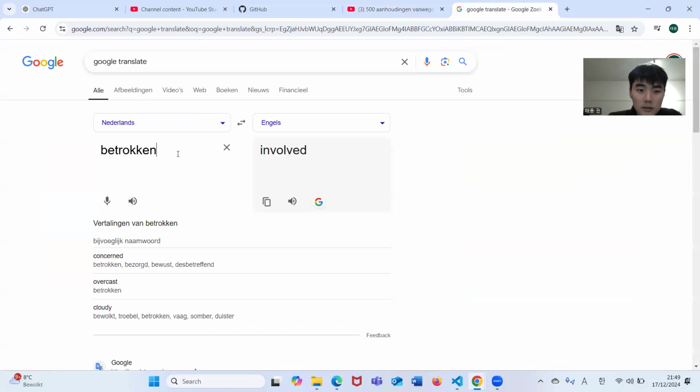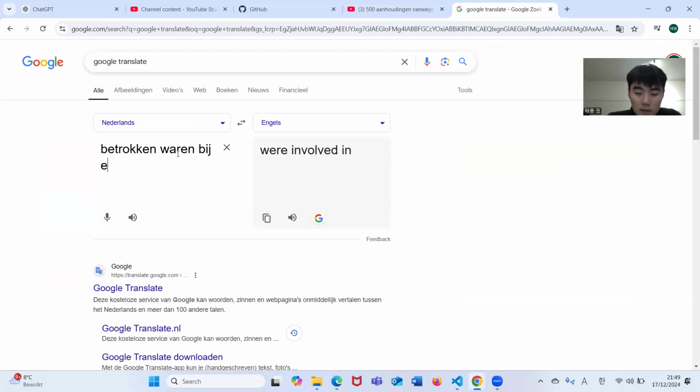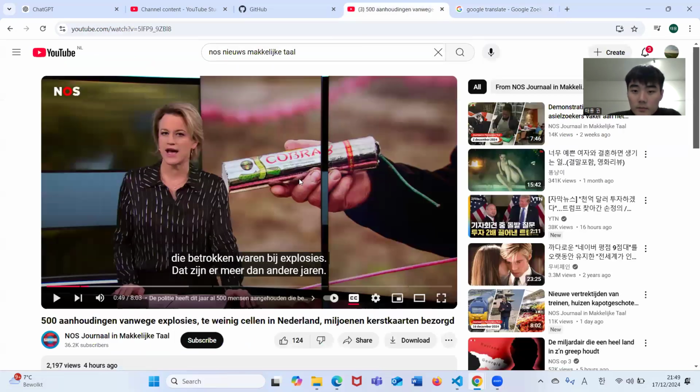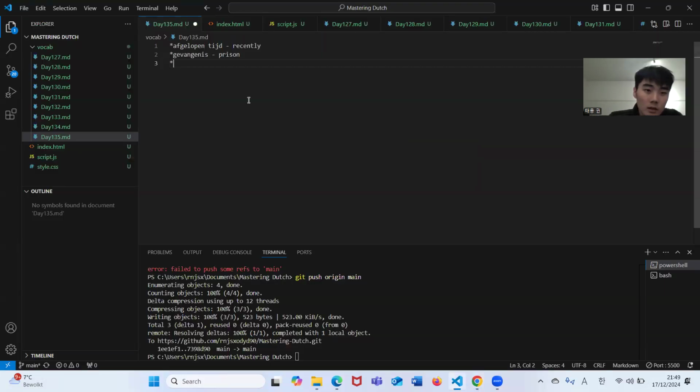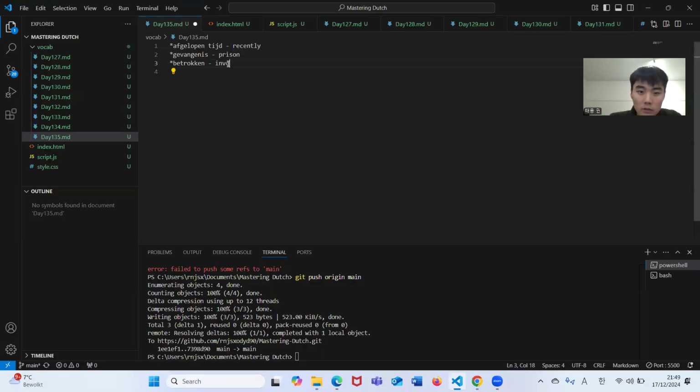Betrokken waren, who were involved in explosion. Die betrokken waren bij explosie. Betrokken, explosie. What did I write there? Involved.